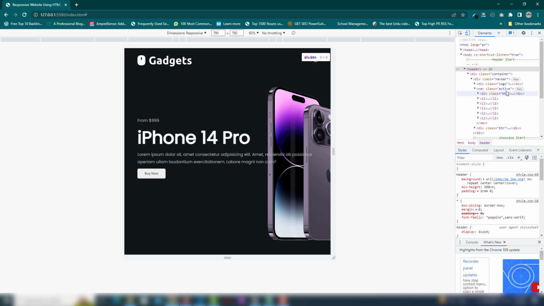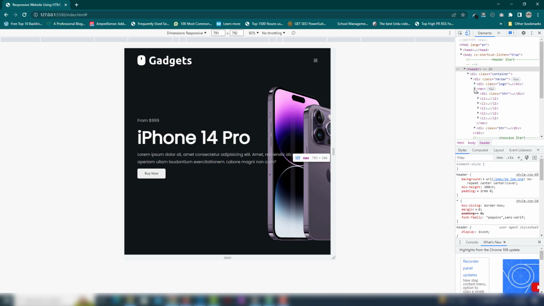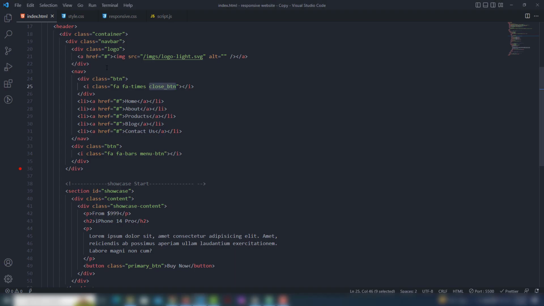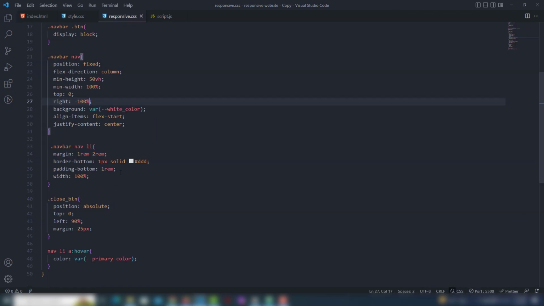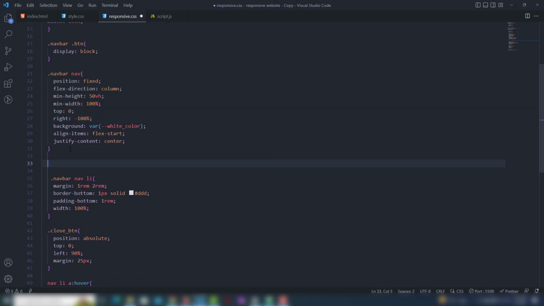Yes, as you can see guys, I'm able to see nav.active when I refer to that, and this time you can't see it. As you can see, when I click on that, the class active has been activated. So I will use this class inside my CSS and display the menu. So let me show you. I go to this area. Inside there I'm going to use navbar dot nav